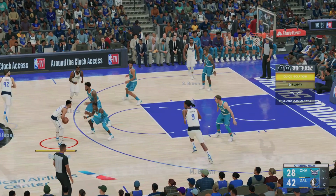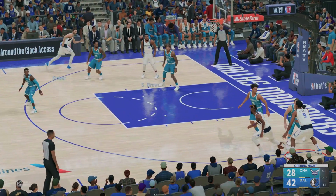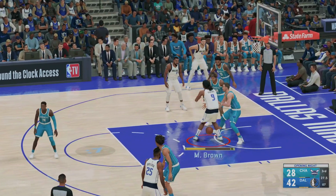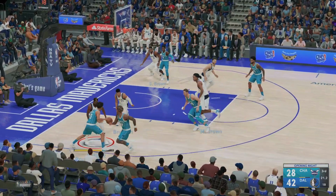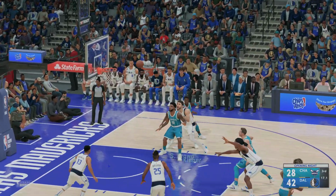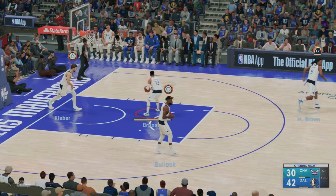Kleba, the pass to Brunson. Back to Kleba. Brown against Hayward. They get a hand on it. And if you really want to make things hard on yourselves, this is exactly how you do it. Turnovers on back-to-back trips down the floor. Here's Bouknight. And they get it back. Goes back up. That's it, and the Dallas lead is cut down now to just 12 points with the basket